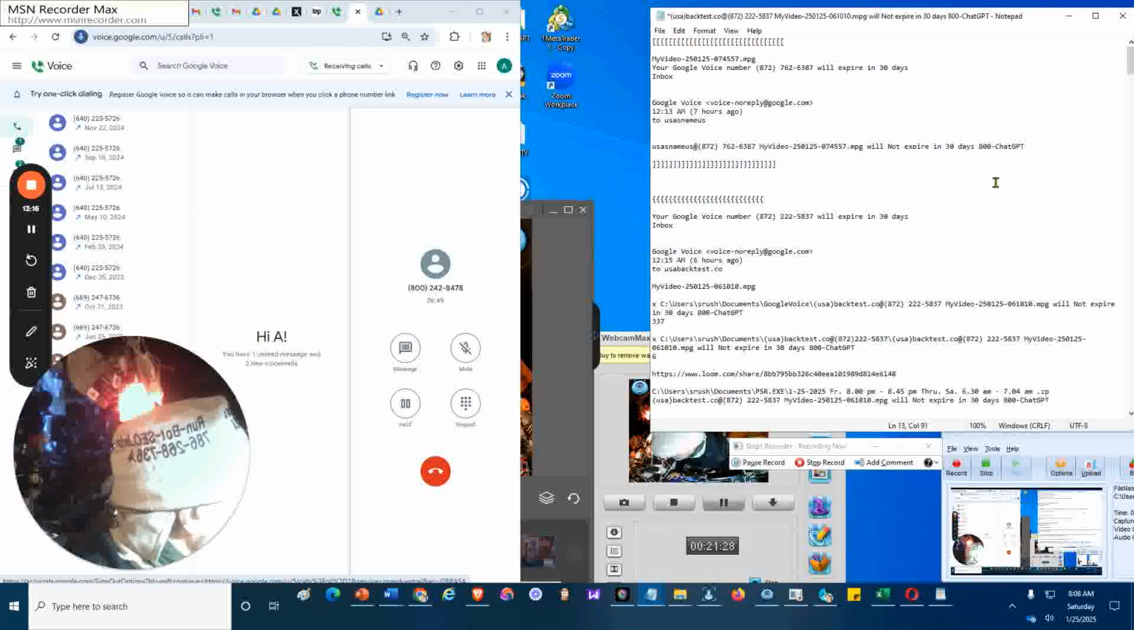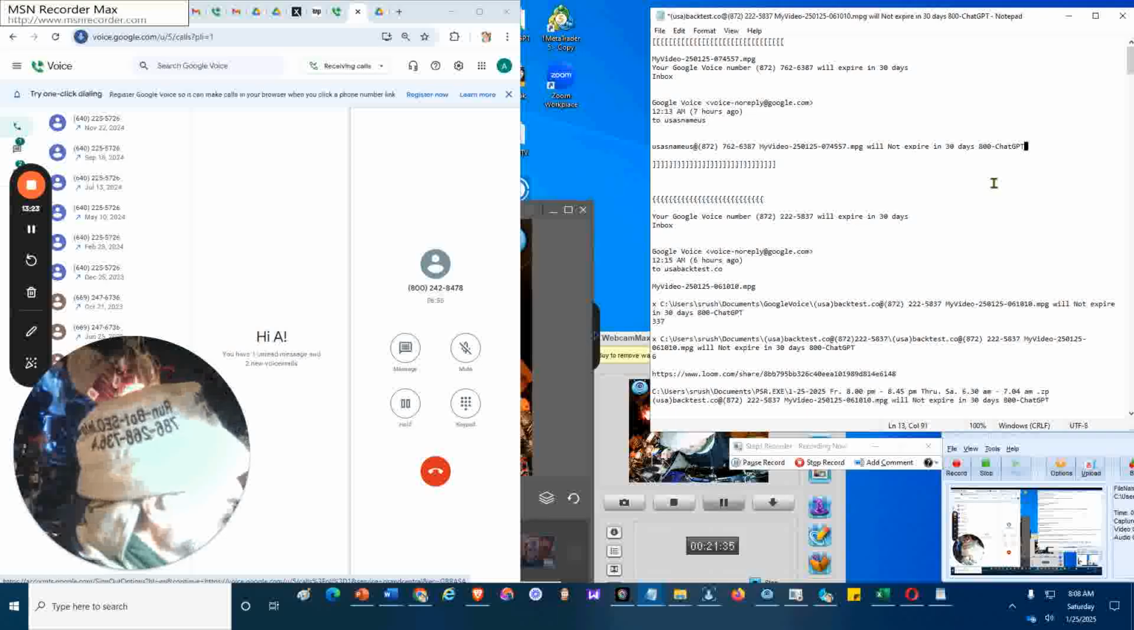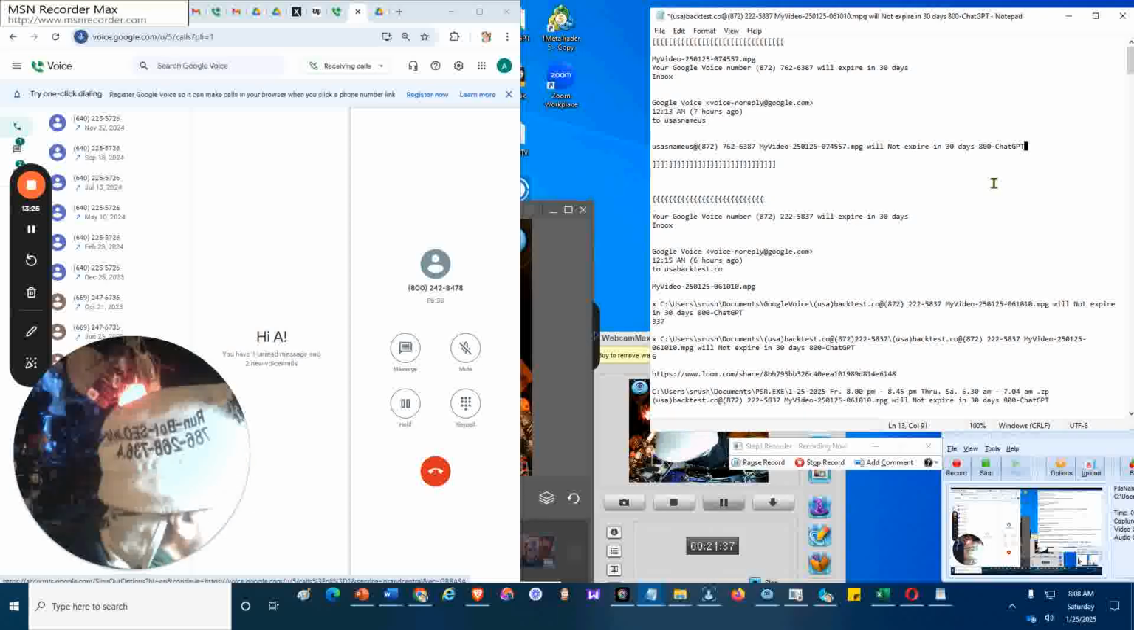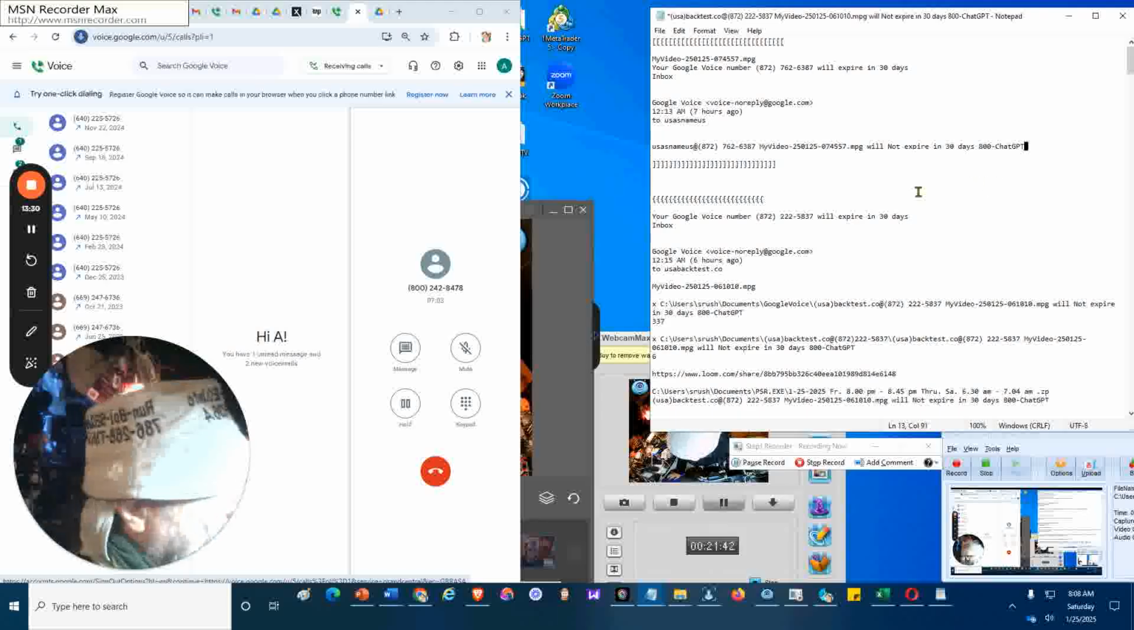What do you think is that number? What does it mean? And what is this? If it provides any service, what is the service that it provides? 800 Chat GPT. The number